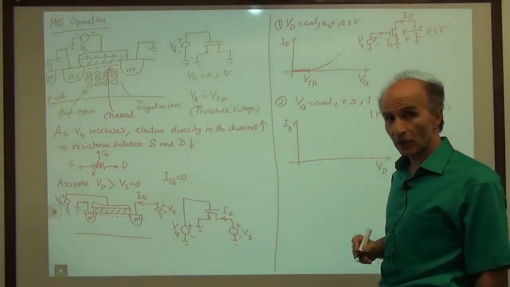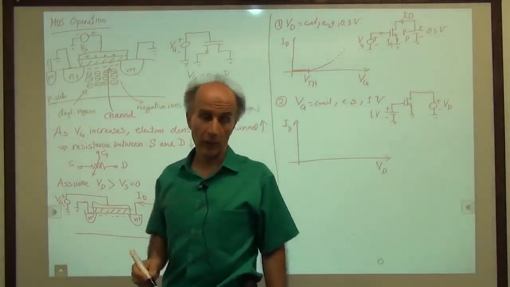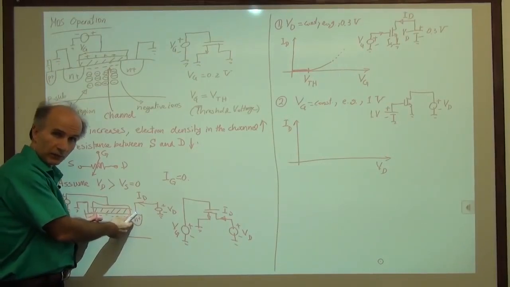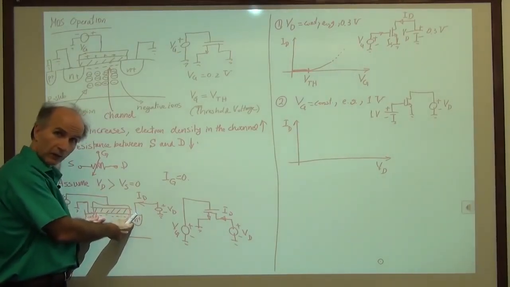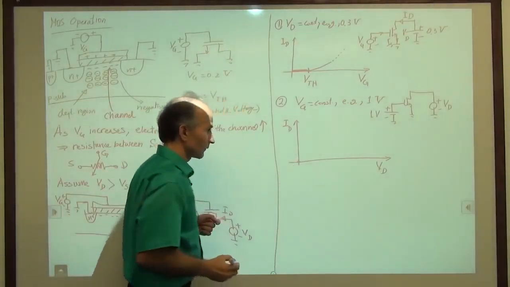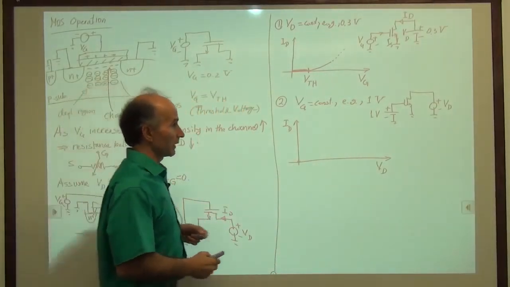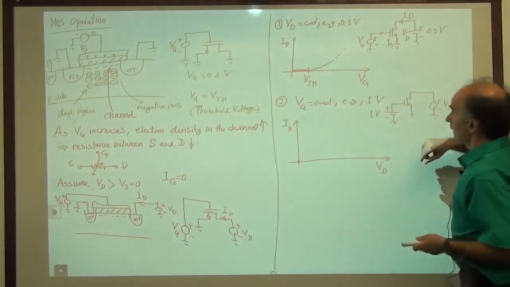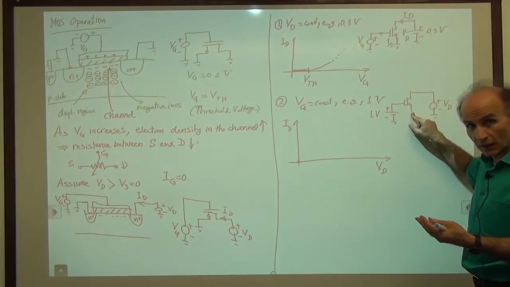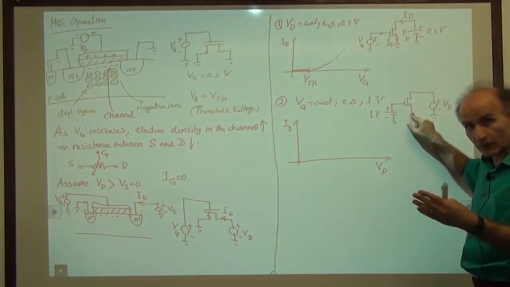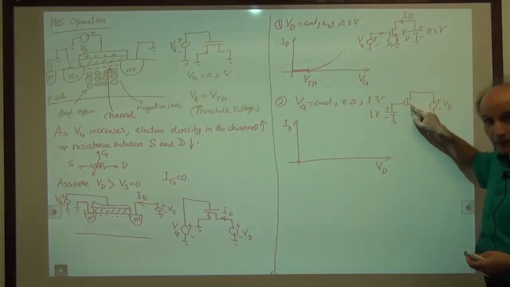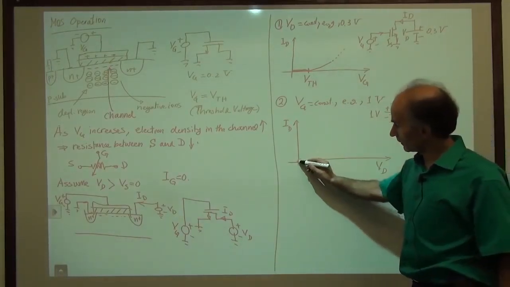Okay, when VD is 0, how much current do we have? Well, if you have 0 voltage across a resistor, we have 0 current. Doesn't matter what the resistor is, right? The resistor can be high or low, but we have 0 current. So no current here. So again, in your mind, you can place the resistor between these 2 points. When the channel is on, we said it looks like a resistor, right? There's a resistor between source and drain. And as this voltage increases, this current wants to increase. So this current begins to increase